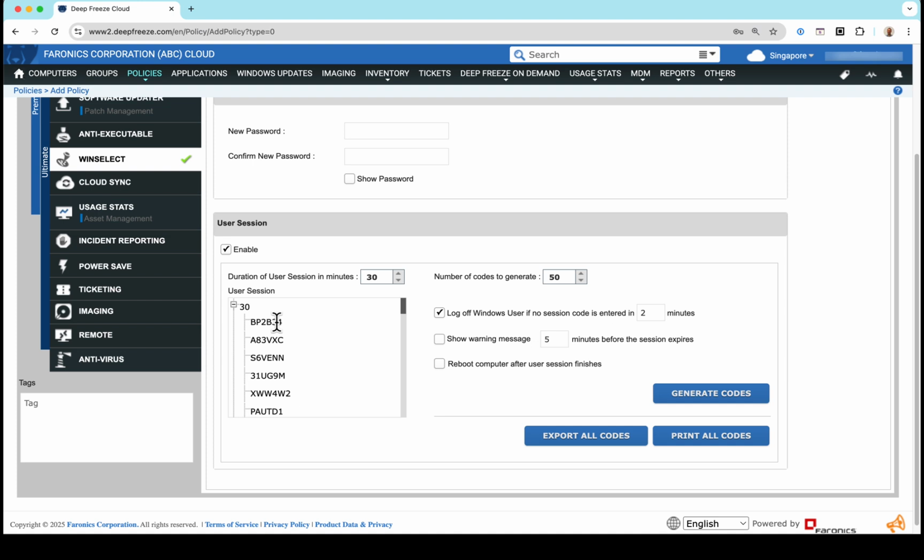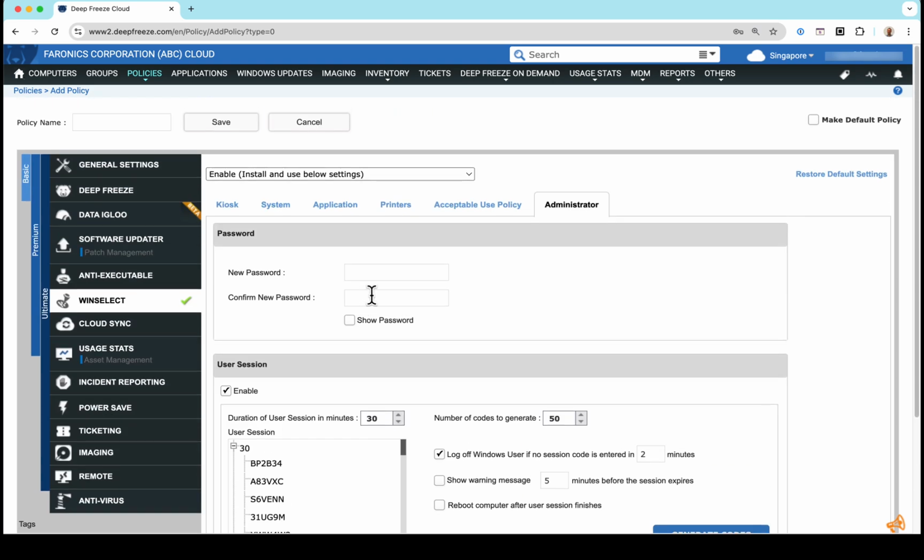So it's just a way of stopping one person hogging the device all day when there are several people wanting to use it. So all in all, WINSelect, a very handy collection of tools, especially useful in multi-user environments like libraries, schools, hotels, healthcare, retail,